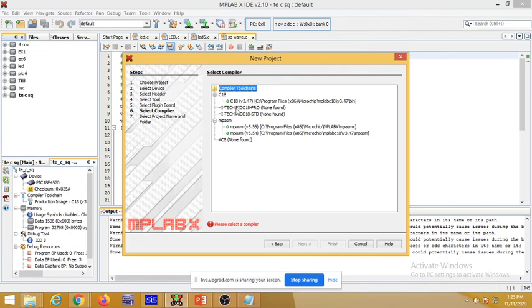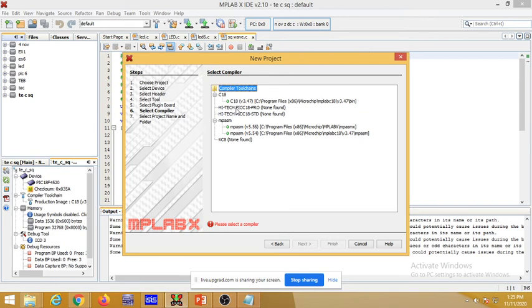Next one is the compiler. Already we are writing the programming in embedded C. Now we must convert that embedded C into machine language, and for that we are using the compiler. Initially in 8051, we wrote the program in assembly language. That assembly language program was converted into machine language by the assembler.